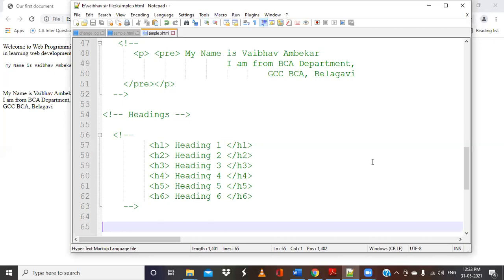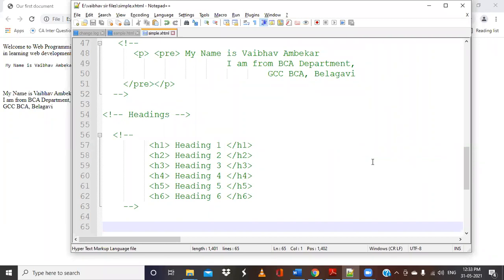H1, H2, H3 are grouped into one category. H4 is grouped into one category. H4 uses the normal font size, and H5 and H6 use the smaller font size. Basically these different levels of headings define the size of the heading that we want to put.